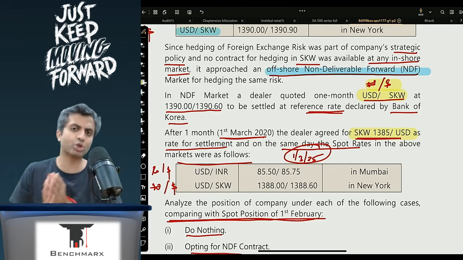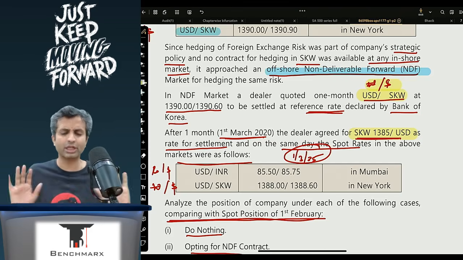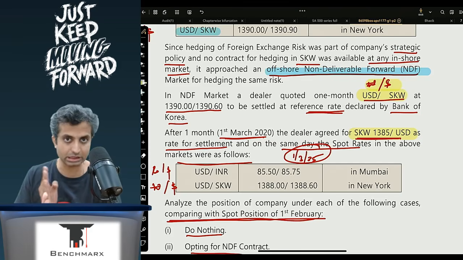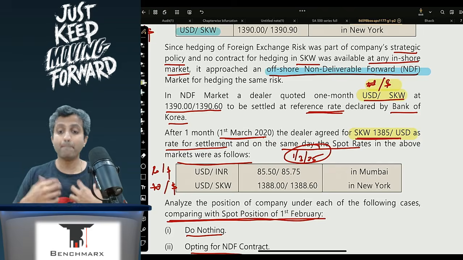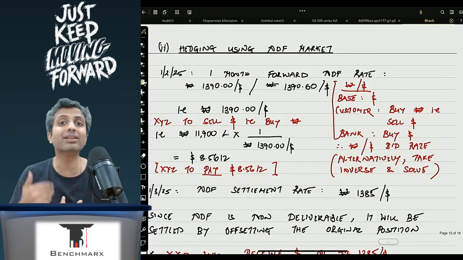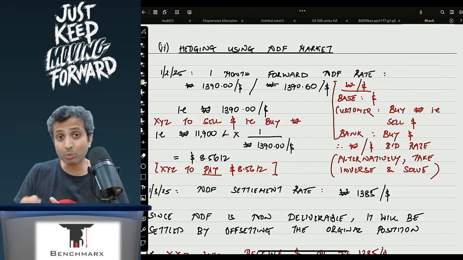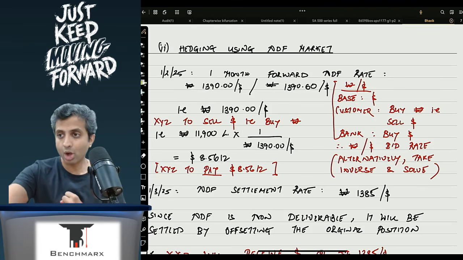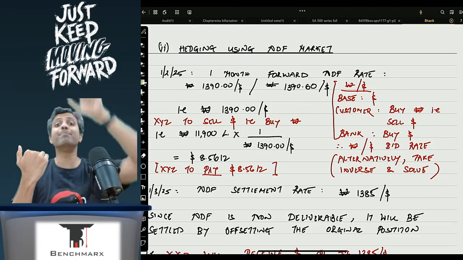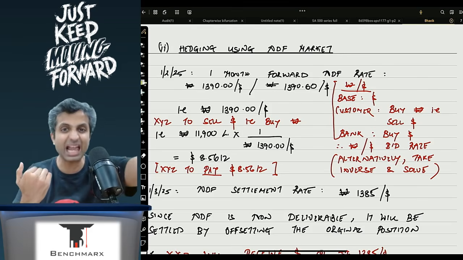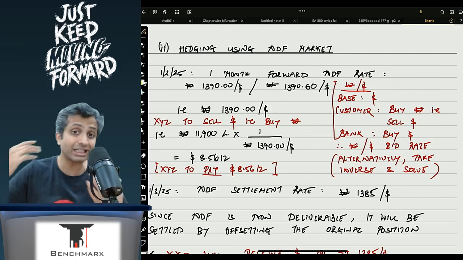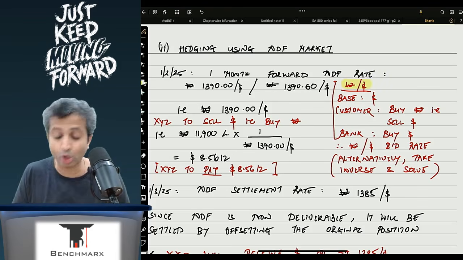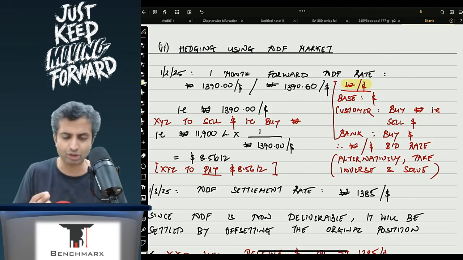But if you want to stick to the direct method without taking any inverse, you can ask yourself that if the base currency is the dollar, my strategy is to buy the won. But if I want to buy the won 1 month down the line, what am I doing with the dollar? Won comes to me, I pay, give, sell the dollars. So my strategy technically should be buying the won, but the rate is quoted as won per dollar rate. So I have to rephrase my strategy in dollar terms.